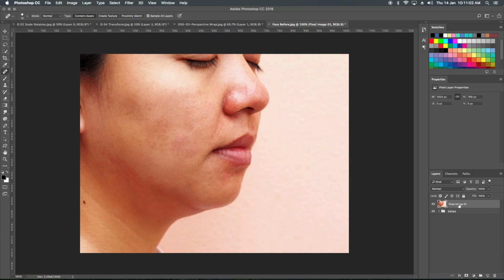What I'll do now, the one more brush I want to show is the mixer brush tool. I'll click this mixer brush tool. On the top, you can see some more options open: wet, load, mix, flow. On the left hand side are the brushes, and this is the color.